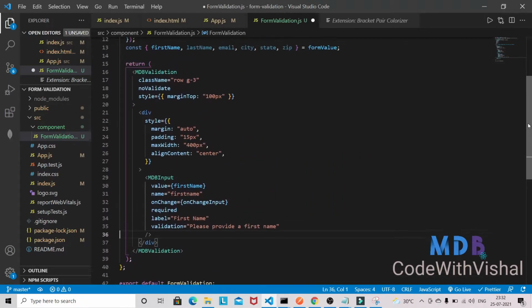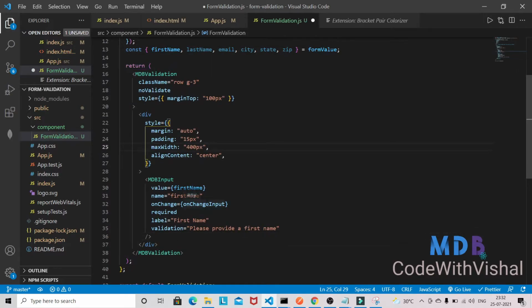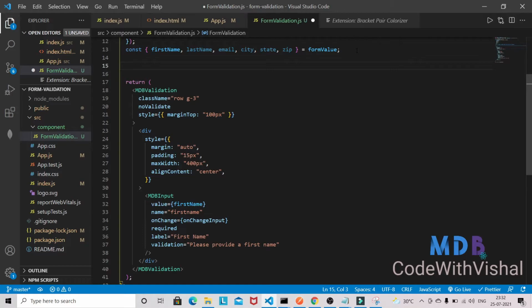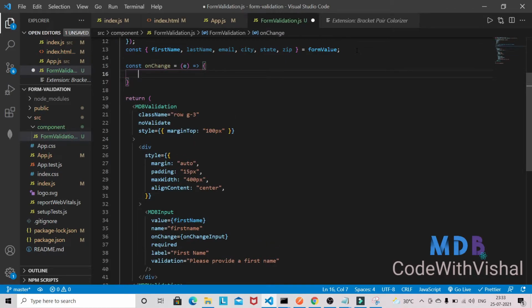And we can also check whether this one is working or not. Here we'll have onChange. First define this onChange method, and we are going to set the form value.